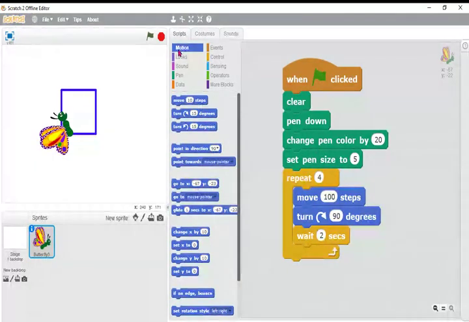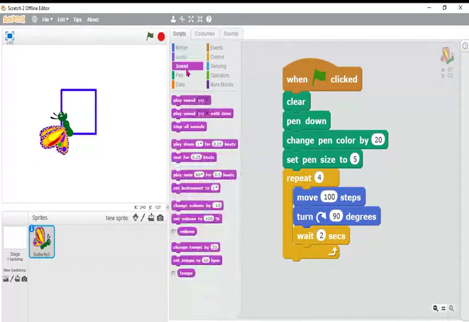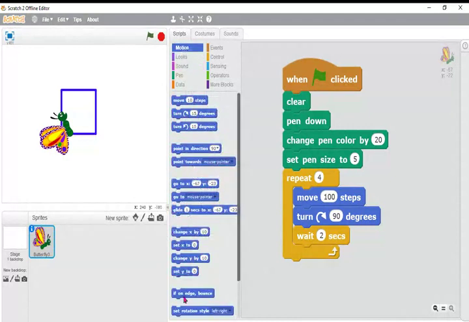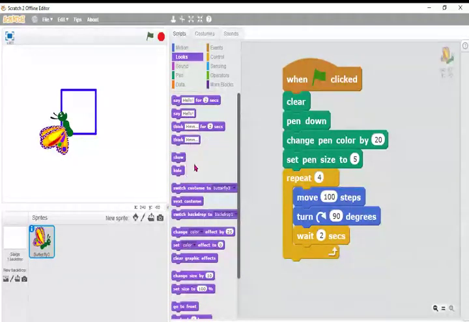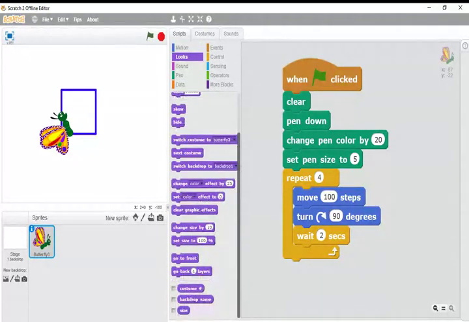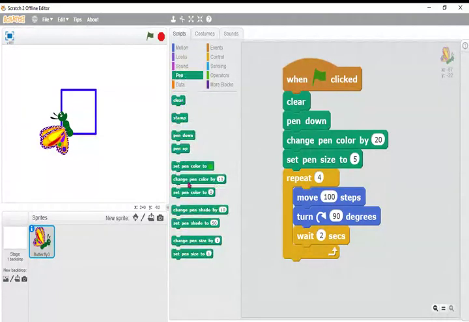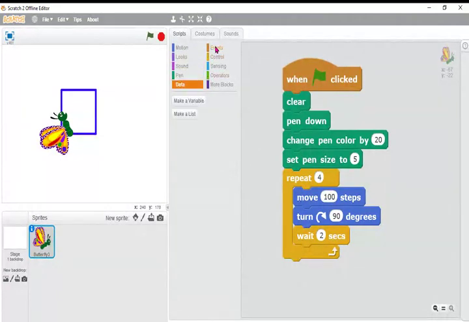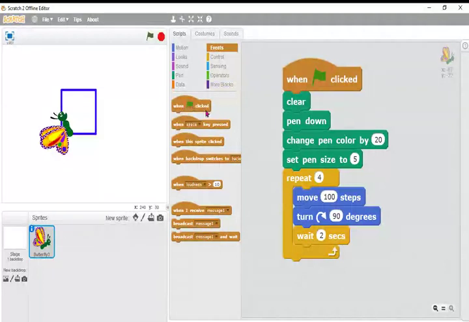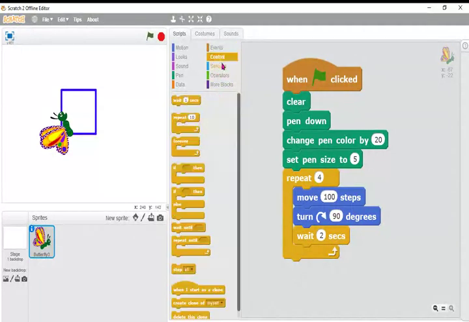So here you can see there are different categories. It is a similar pattern, correct? Yes, similar pattern only. But here you see the last one. Is it the same? No, it is another one. And sound, you see here, it is a round oval shape. And pen, you see here. And data, and events have a cap, like a cap is there, and the same as this one. So there are different ways.